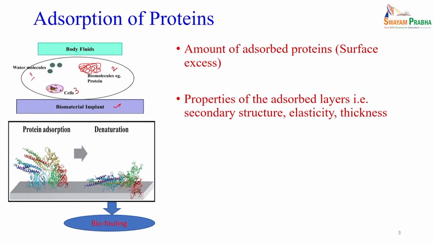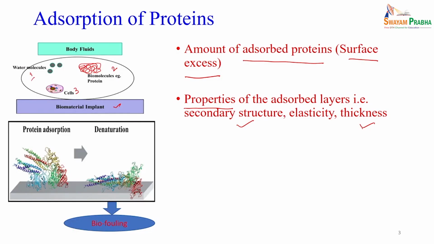So, if there is protein adsorption, we first have to analyze the amount of adsorbed protein, also called surface excess, that is, how much protein is present on the surface. And further important is, whatever protein or adsorbed layer is present, what are its properties in terms of secondary structure, whether it is close to the native state